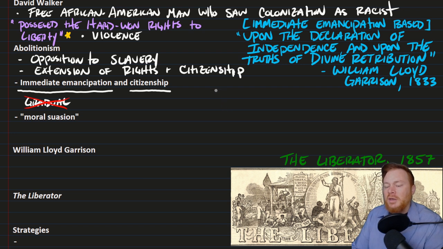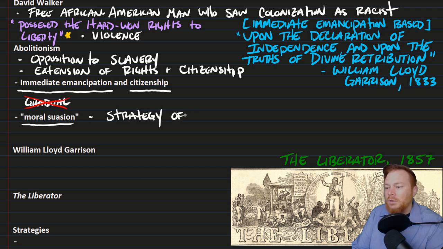The second thing that we can maybe differentiate the abolitionist movement by, again, the terminology can get a little bit confusing, but abolitionist movement will more clearly define it. The abolitionist movement, from others like Walker, maybe others approaching a more militant approach, is the strategy that abolitionists believed, and that was what they call moral suasion. And moral suasion is the strategy of convincing, or arguing with, enslavers